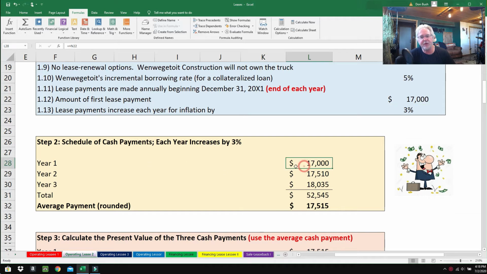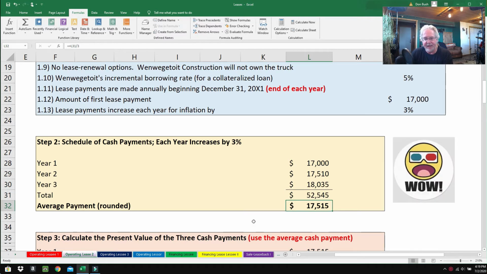So year 1, we've got $17,000. If you increase it by 3%, you get year 2, and increase that by 3%, you get year 3. Grand total $52,545. And what we have here is the average payment. So if you take $52,545 divided by 3, you get